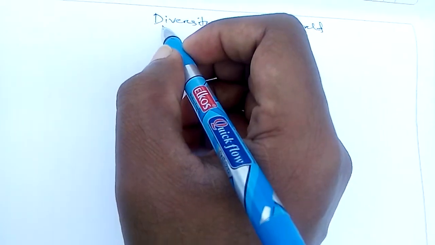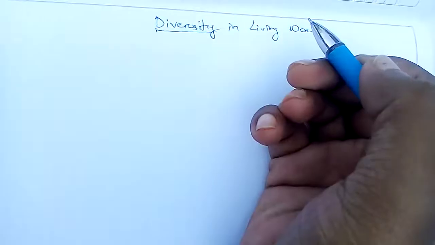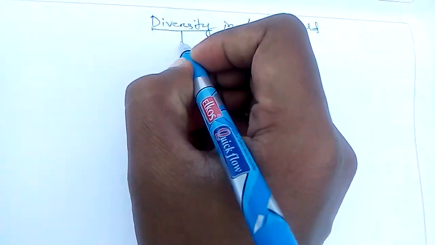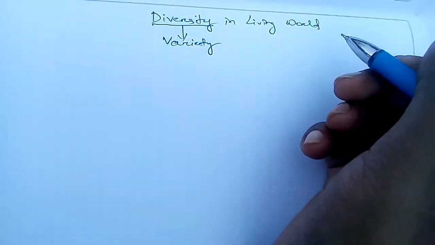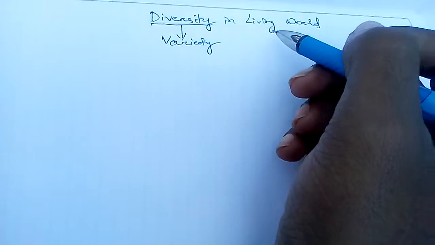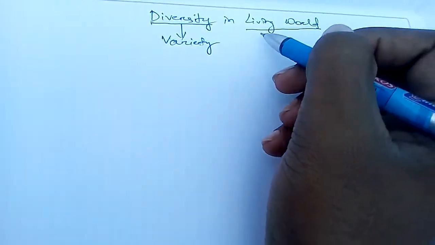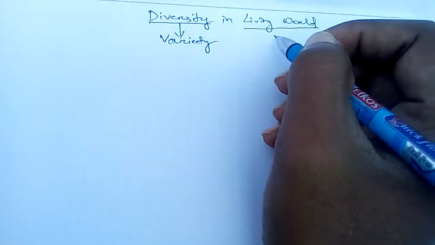So let's start our topic, diversity in the living world. First of all, we have to know what is the meaning of this diversity. Diversity refers to variety. That means in our living world, in our earth, we are finding various types of plants and